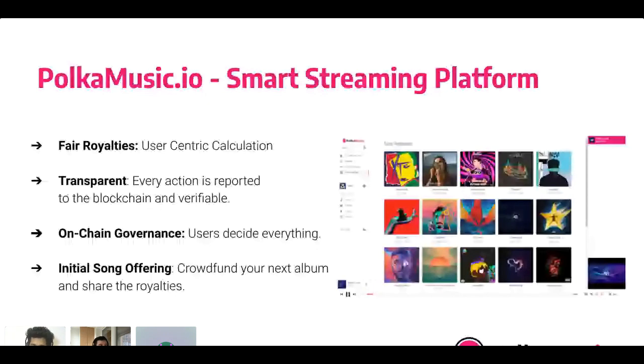There's on-chain governance, so all the people can actually have a vote on who comes on the platform and who gets kicked out of the platform. There's also an initial song offering, where you can crowdfund your next album and share the royalties, because we are also connected to all the mainstream platforms. We are not saying that mainstream platforms are bad, but we are an inclusive music ecosystem, which I'll show you in the next slide.